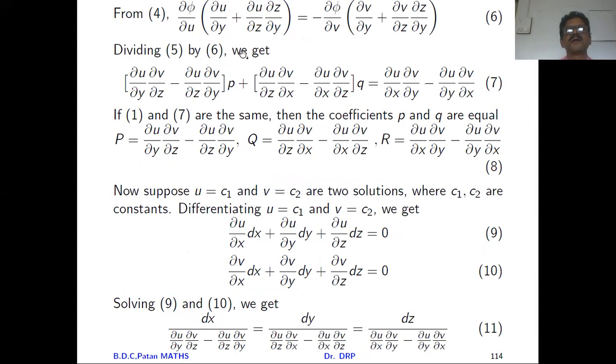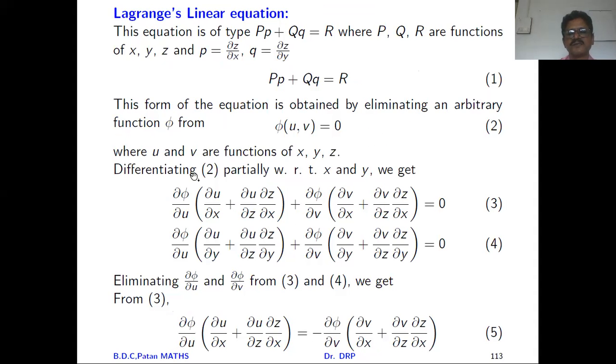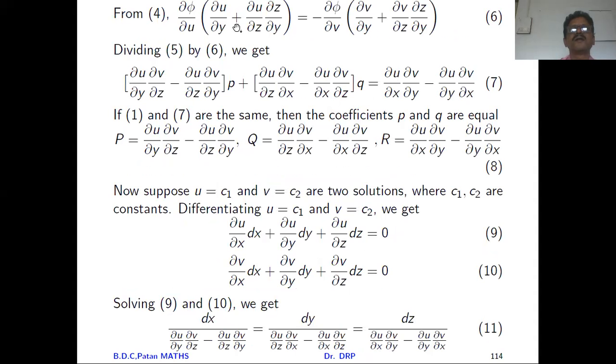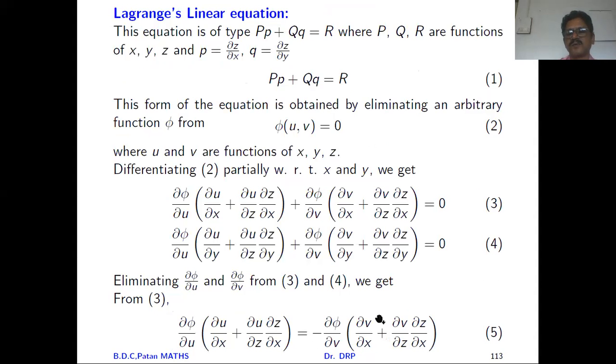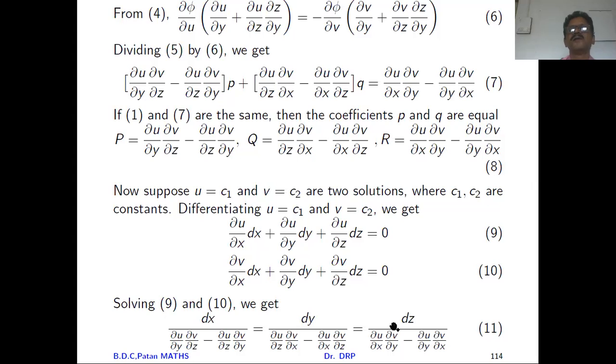And it gives here the required equation to be what? You will get here, actually friends, this bracket divided by this bracket. In a similar way, you will get this bracket divided by this bracket. And if you take the cross multiplication, and the terms containing p together, terms containing q together, and the rest of the terms you shift on the right hand side, you will get the required equation in this form.